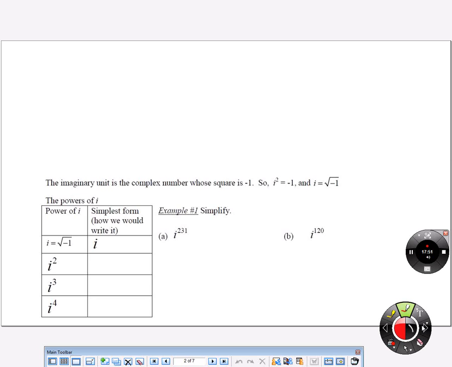So basically, we used to stop when there was a negative underneath the radical, and now a negative underneath the radical says i. So if I see the square root of negative 4, I'm going to split this up into two things. Oh, that's not really going to work. It just changed it. All right, we're going to think of it as,